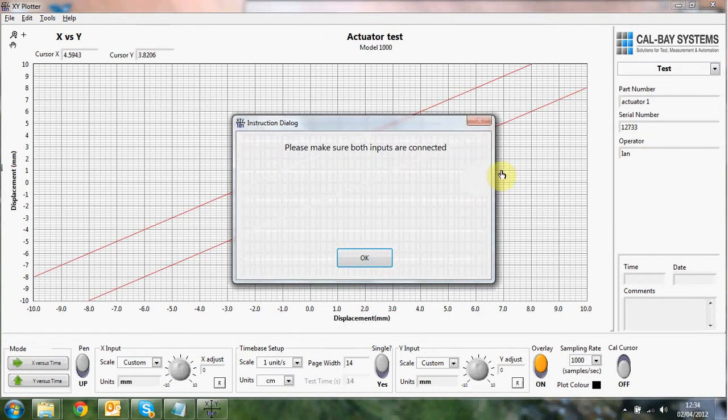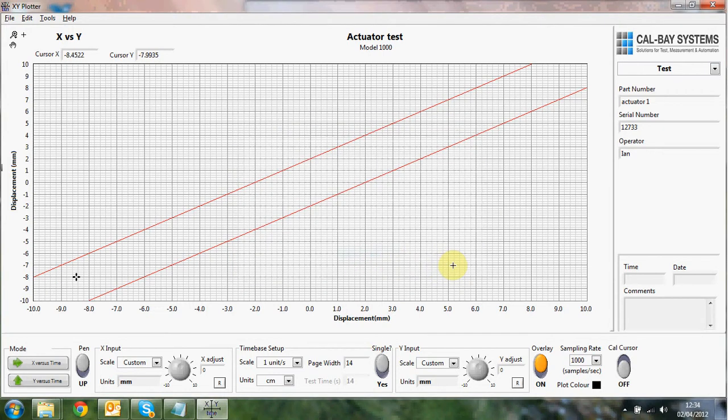So I'll click on test. And what it now does, it pops up a dialog box that says please make sure both inputs are connected, and you can customize the text on here to give the operator some information before the test starts. So just click on OK, and what I can now do is click on the pen down button, and it's